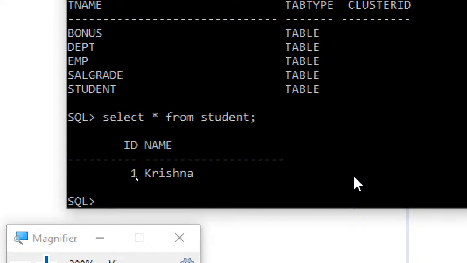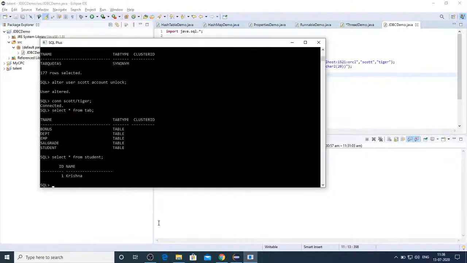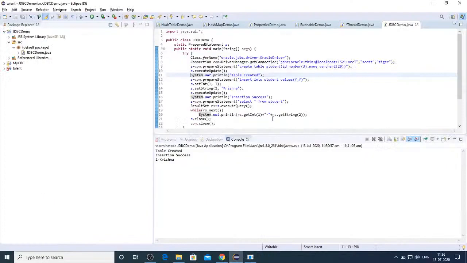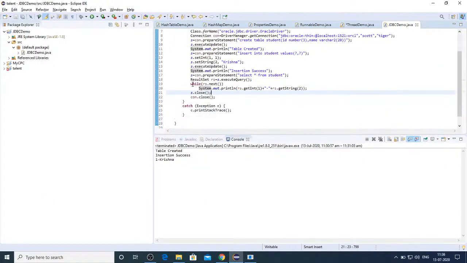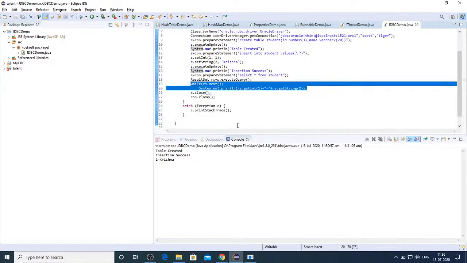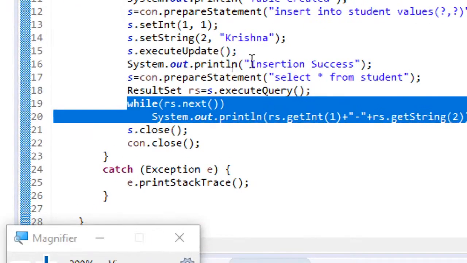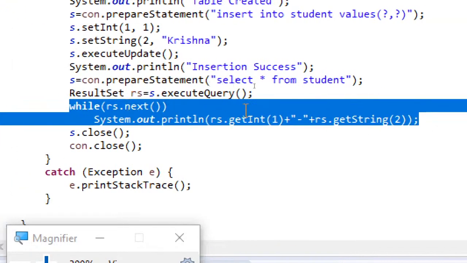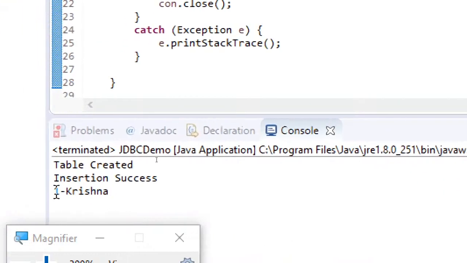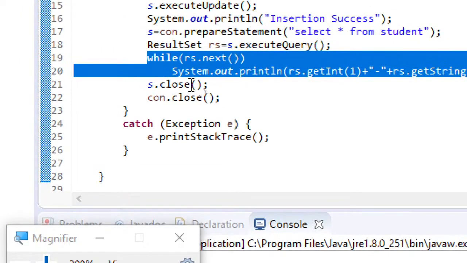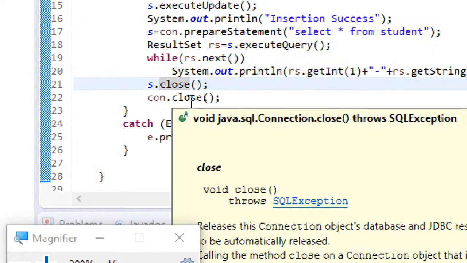And use the result set statement. In the result set statement, you must use a while loop. And in the while loop, as I said, it's compulsory you use the braces. Right now I haven't used braces because I'm displaying only one particular thing. So use this while, and then you display the things, and after you get the things shown in your console, you can close the connections and statements. All the things you can just do that.